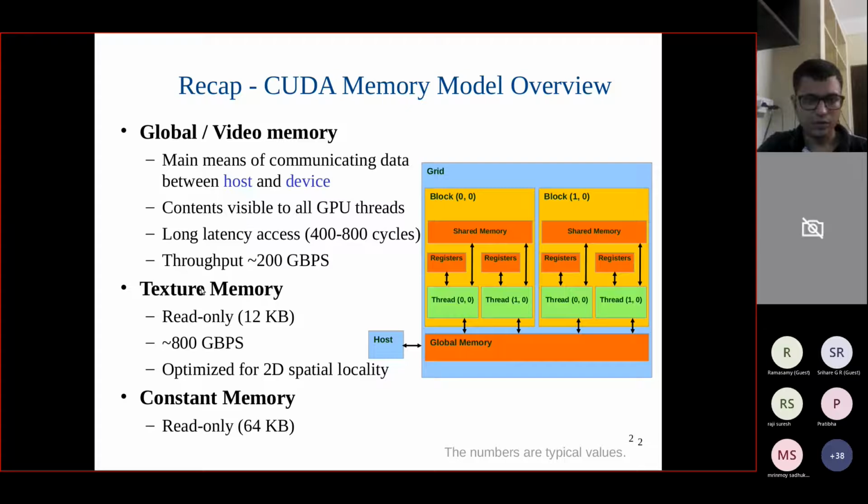And talking about the position of constant and texture memory, they are at the same level as the global memory. They fall somewhere in the hierarchy here, with the global memory only. So they are not per block, they are across the grid. That's what I wanted to say. Common across all the grids, as we have with global memory. Yeah, so that's it. I think that was a very comprehensive recap of the previous lecture where we